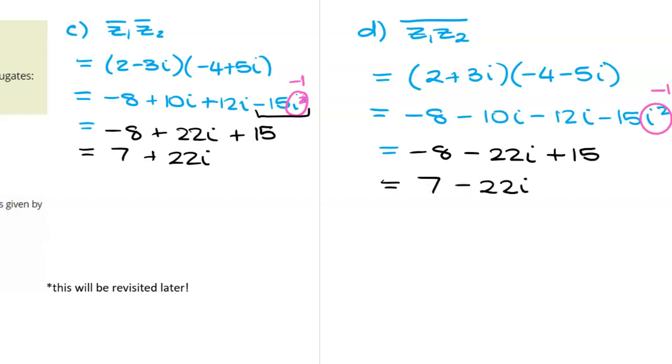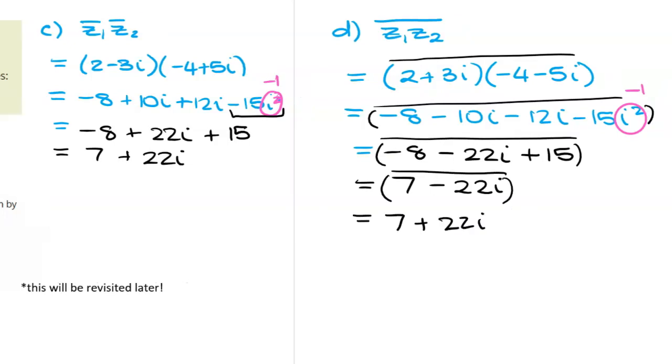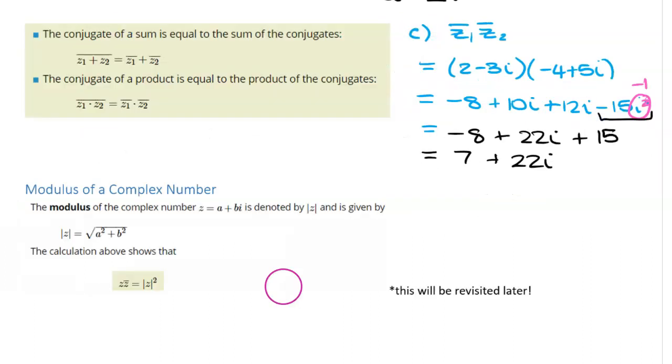Okay, so we need to take the conjugate. It was remiss of me to not include that earlier. So we'll just pop it in. And when we take the conjugate of that, we get 7 plus 22i, as we'd hoped. So this relationship is pretty interesting because it tells us that the conjugate of a sum is equal to the sum of the conjugates. And it also tells us that the conjugate of a product is equal to the product